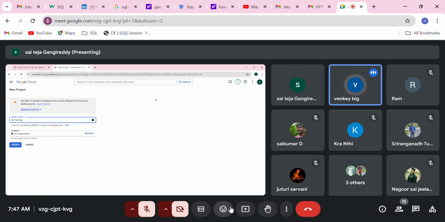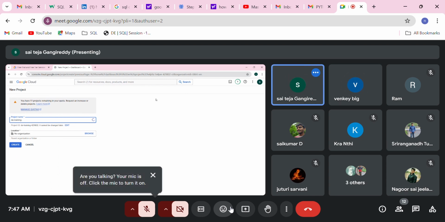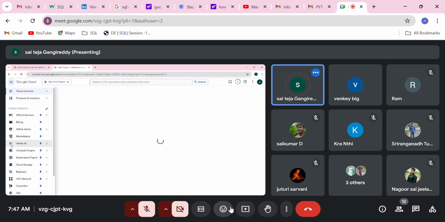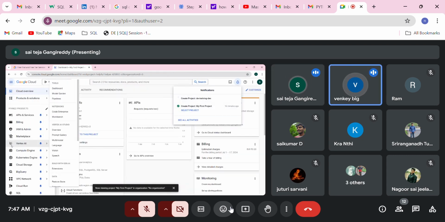Small letters, when you are giving project names the recommended case is all small. de-training-dev. Yes. So just try to create it. Okay, so yeah, this will create your project, guys.